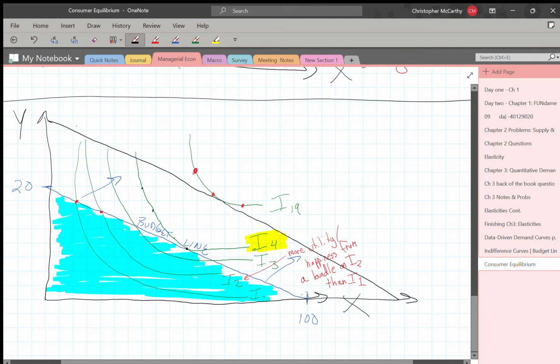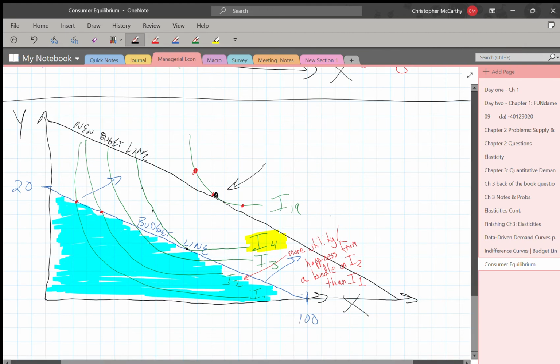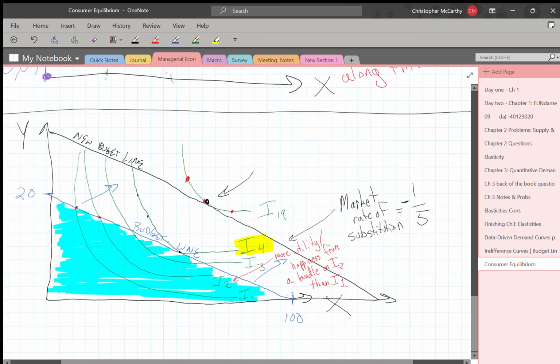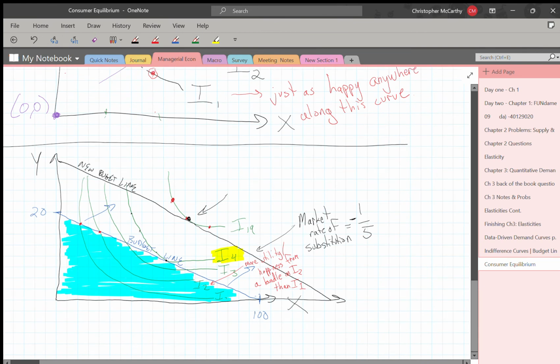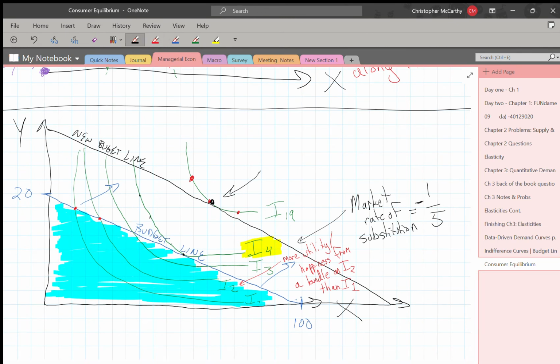So this is our new budget line. And on this budget line, we do have a point where the market rate of substitution, which has to do with our budget line, right? So the market rate of substitution, which we calculated earlier today, right? For this one, we know that it's negative 1/5, because even though the budget line shifts out, it's parallel, so it's going to keep the same slope as before. And so this point here is where the marginal